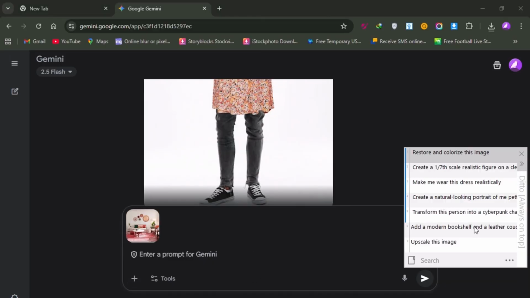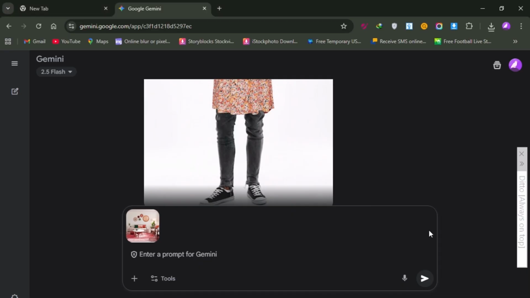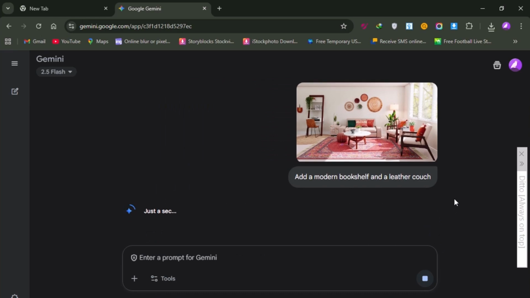Another hugely popular application is the 3D figurine trend that's taken social media by storm. To create these viral images, use the prompt, "Create a 1/7 scale realistic figure on a transparent acrylic base," with packaging box beside it. You can also restore and enhance old family photos by using prompts like, "Restore and colorize